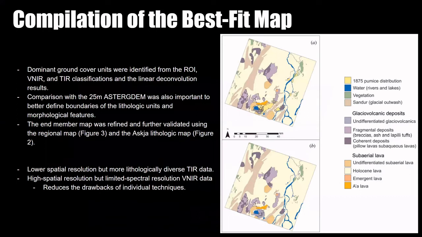Now, in order to compile the best fit map, they used regions of interest, visible and near infrared region hyperspectral data, as well as thermal infrared region hyperspectral data, as well as the linear deconvolution results. And now these were all compared with a global digital elevation map to better define the boundaries of the lithologic units and morphological features. And by utilizing lower spatial resolution, but more lithologically diverse thermal infrared data, as well as